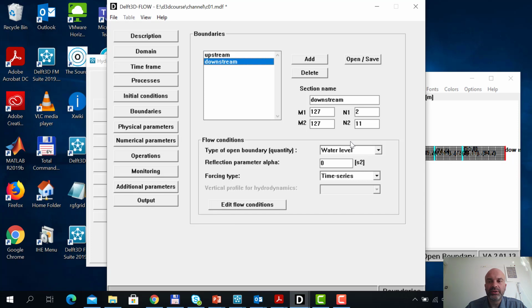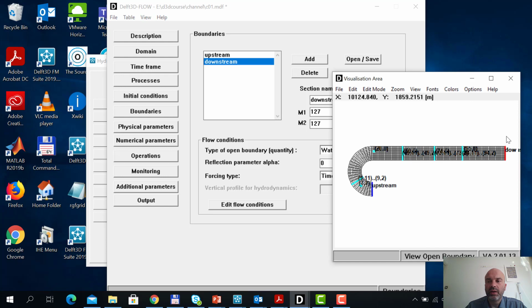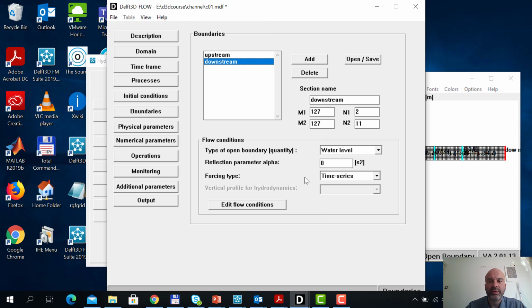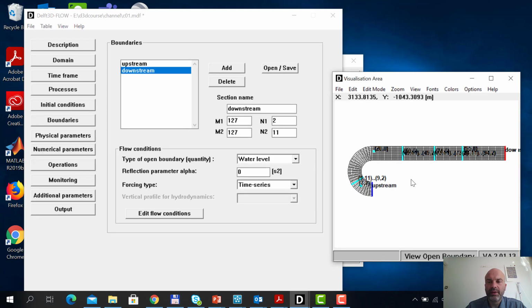The downstream condition, we don't change that at this moment. We'll just keep it as it is. No, we are not. I was mistaken. This is also a tidal exercise, so we'll make the water level a tidal motion. So that means that this is river supply at the upstream side, and at the downstream we have a tidally varying